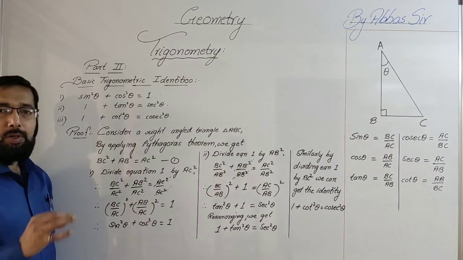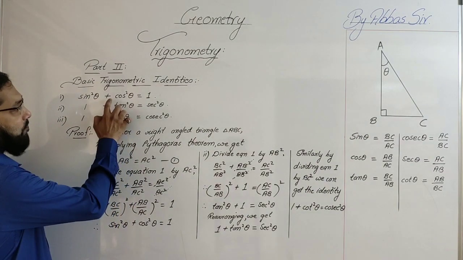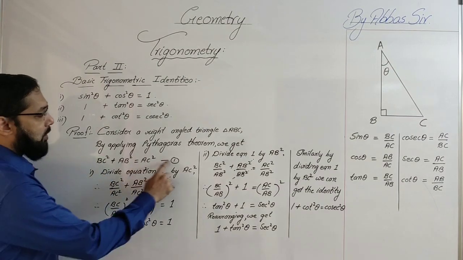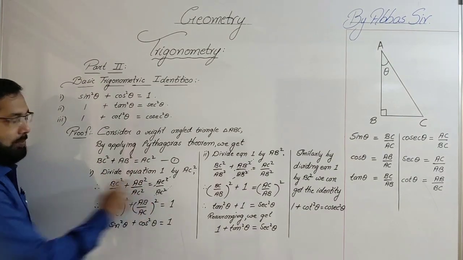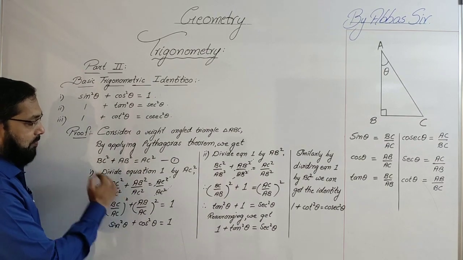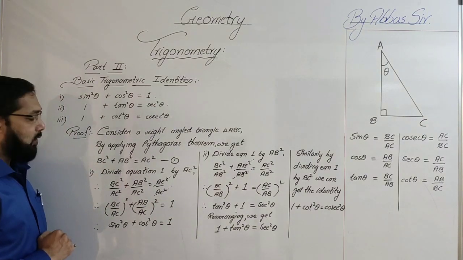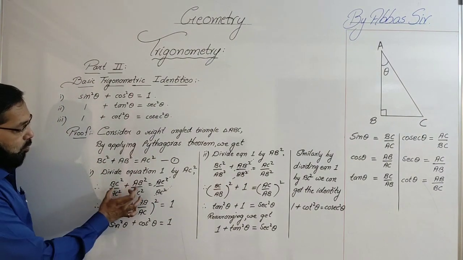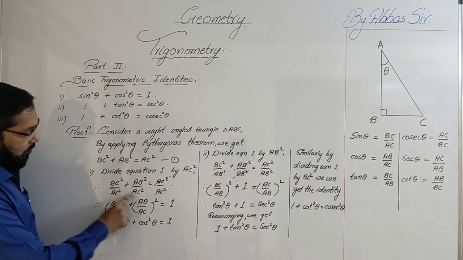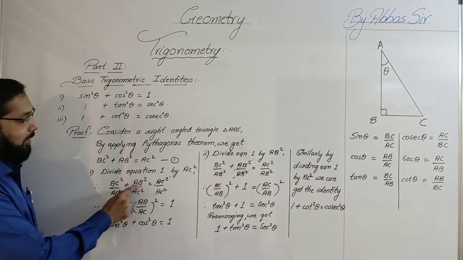Now, depending upon what identity we are proving. For example, to prove the first identity, what will we do? We will divide this equation 1 by AC square. So, on the LHS also, we will divide all the terms by AC square, and on the RHS also, we will divide the entire term by AC square. On the left hand side, we have two terms, BC square and AB square. Dividing both of them by AC square, we get BC square upon AC square plus AB square upon AC square is equal to